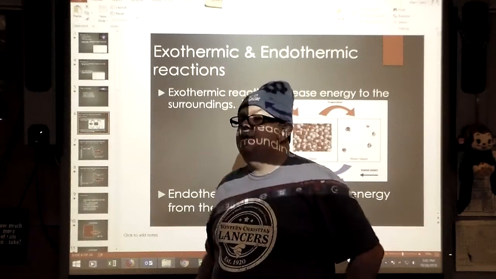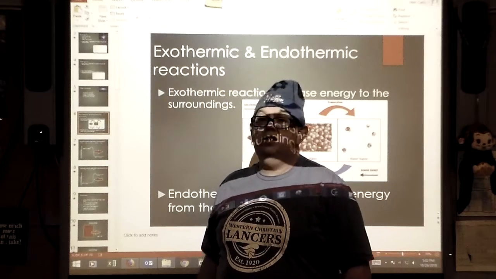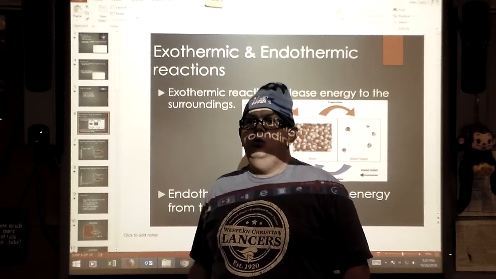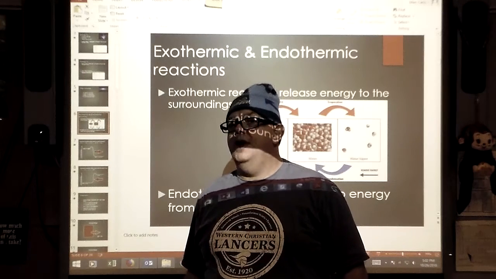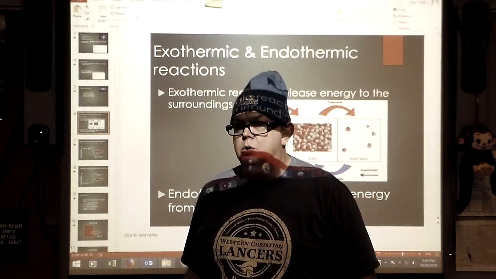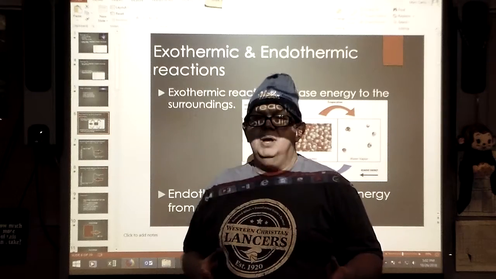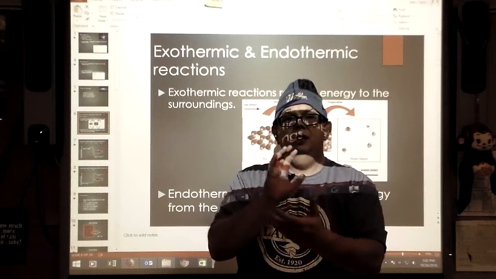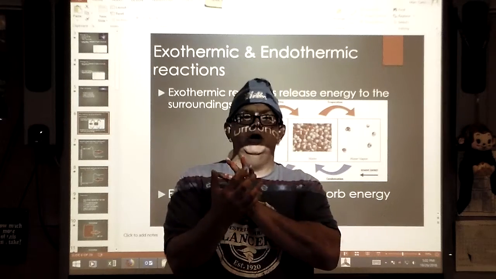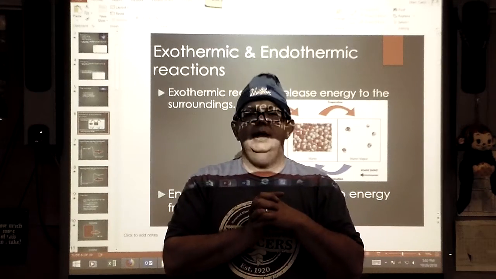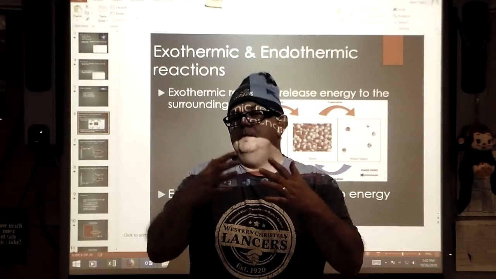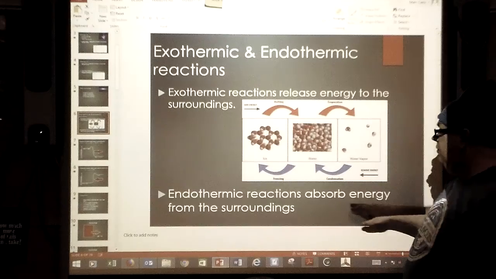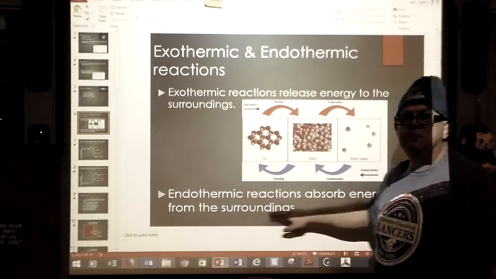You might remember a lab that we did in chem or H-chem where we mixed vinegar and baking soda. And you may remember that the temperature went down. Okay, well, what was happening? Well, energy was being absorbed from the liquid part of our solution while the vinegar reacted with the baking soda. If energy is being absorbed, the temperature goes down, and that's what we call an endothermic reaction,